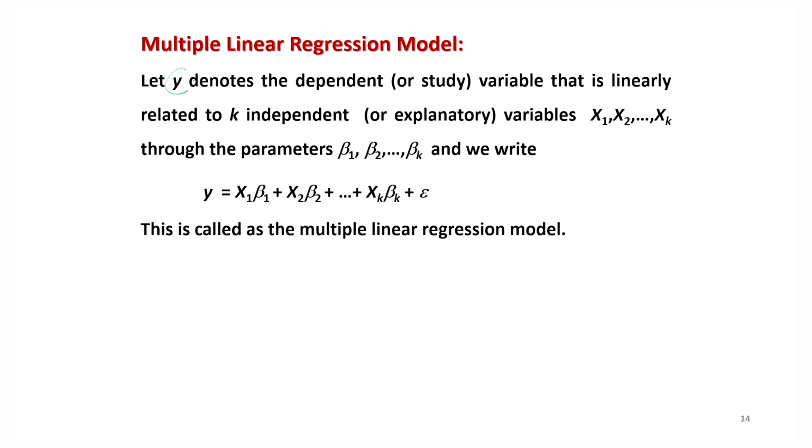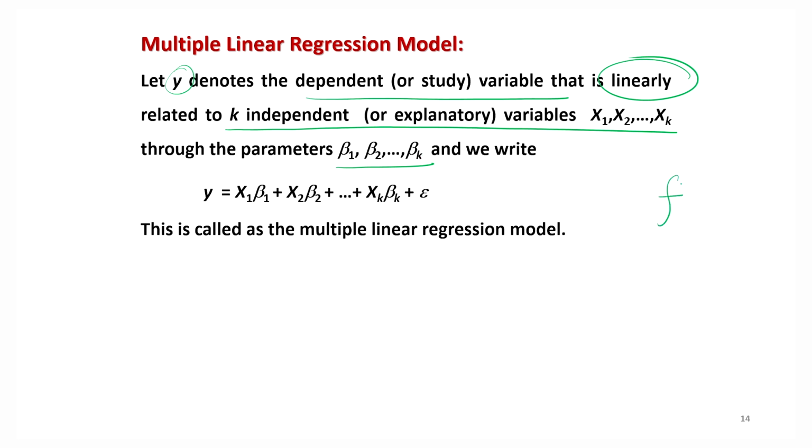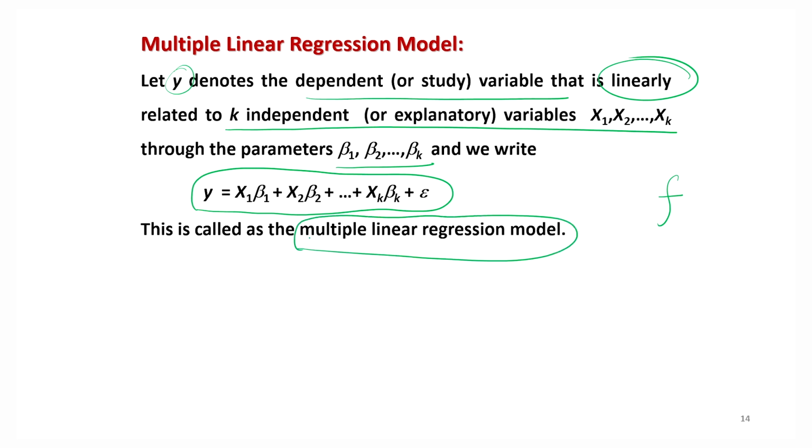So let small y denote the dependent or study variable that is linearly related, and I am posing a condition here, linearly related to k independent variables x1, x2, ..., xk through the parameters beta 1, beta 2, ..., beta k. So basically I have specified here the function f, which is: y is equal to x1 beta 1 plus x2 beta 2 plus up to xk beta k plus epsilon, and this is called the multiple linear regression model. This word linear is coming because we are assuming a linear relationship between y and